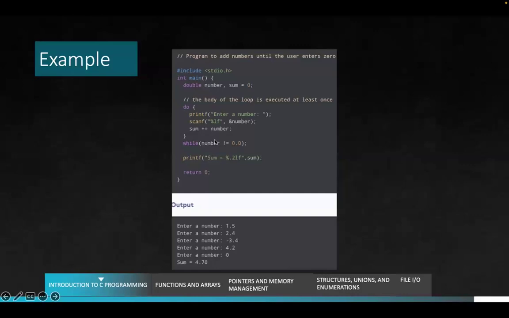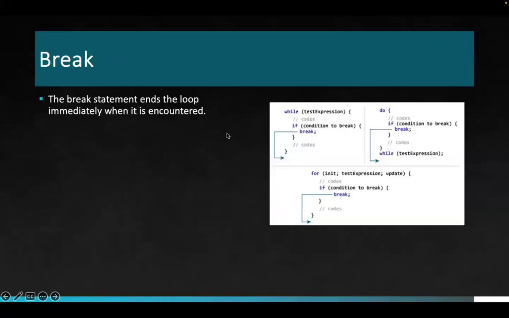So I am taking the number, assigning that number, adding to the sum. And while, till when do I have to take? Till the user enters 0. So I have to print the sum. Once you execute this program, the first part of it is do. So it will do this instruction, ask for a number from the user. Once it gets the number, it sums it up, then it goes to the second loop